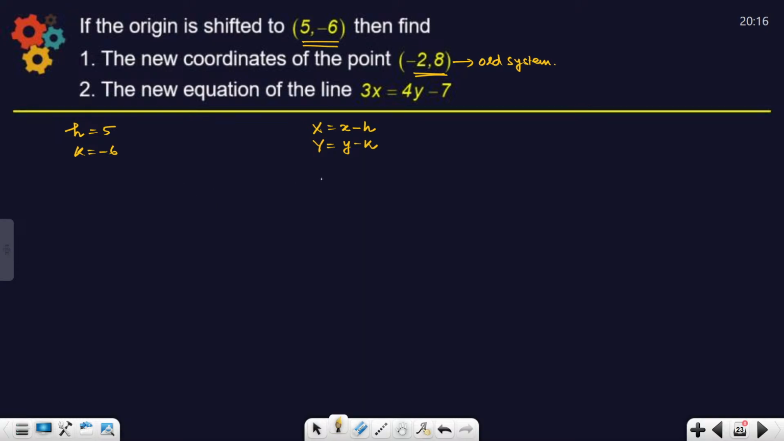So what you will do? Your capital X is what? Small x and small y are -2 and 8. So your capital X is -2 minus 5 because h is 5 here. So it is -7. And capital Y will be y minus k. What is y? Y is 8. So it is 8 minus of -6. It's 14. That is -2, 8 in the old system is